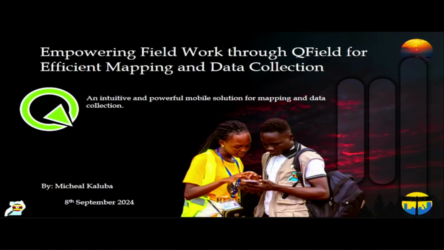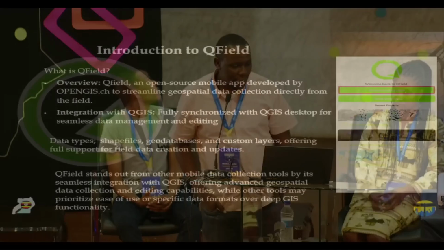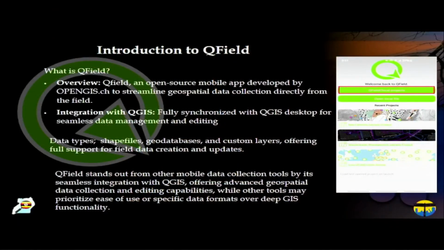QField is a powerful tool that was developed by OpenGIS, launched in 2019, but we started using it more on projects at the end of last year, and we've been using it for different projects this year. It supports a lot of data types like shapefiles. It can support geo packages, and unlike other traditional data collection tools, QField stands out to be very dynamic